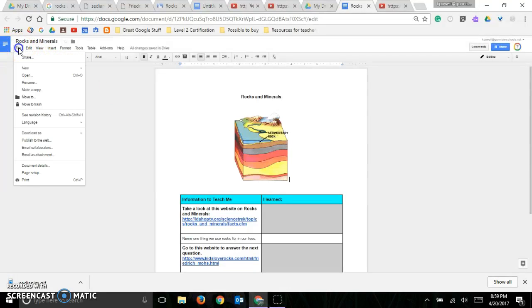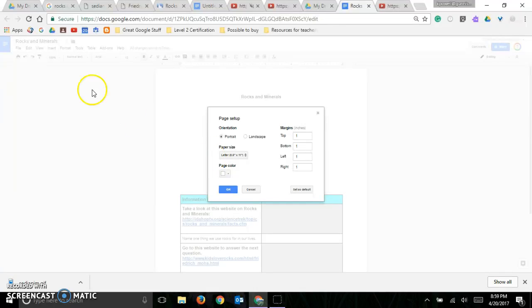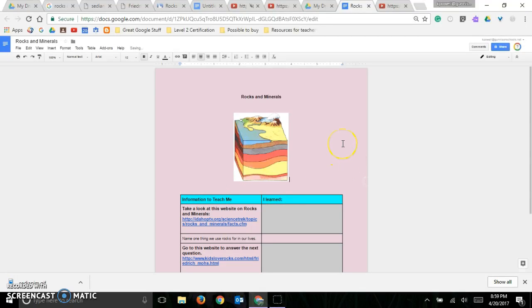The other thing that you can do is you can change the color of your page. So if you go in here to File, Page Setup, you can change your page color. Change it to purple. And there we are. There's my